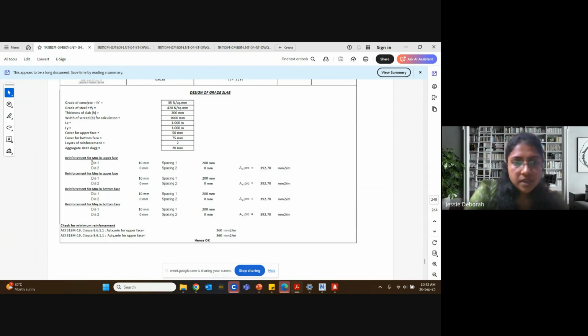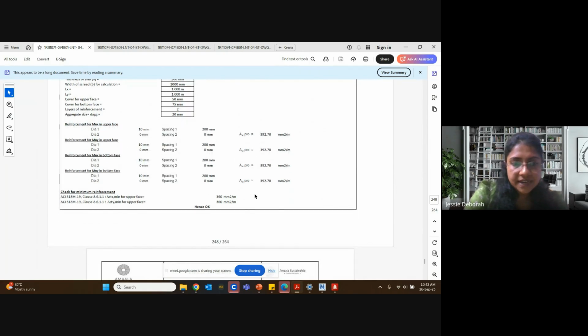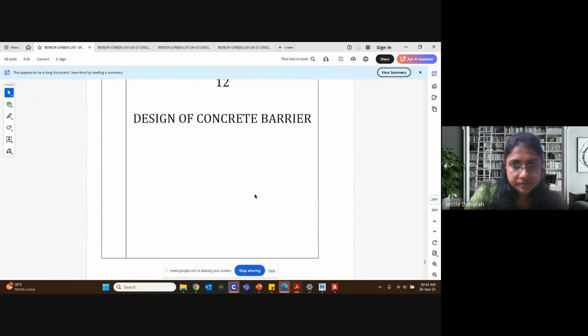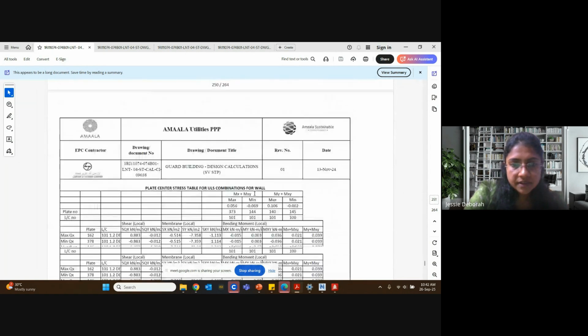Okay, so based on that, your rebar for upper face and lower face is getting calculated. The concrete barrier again is